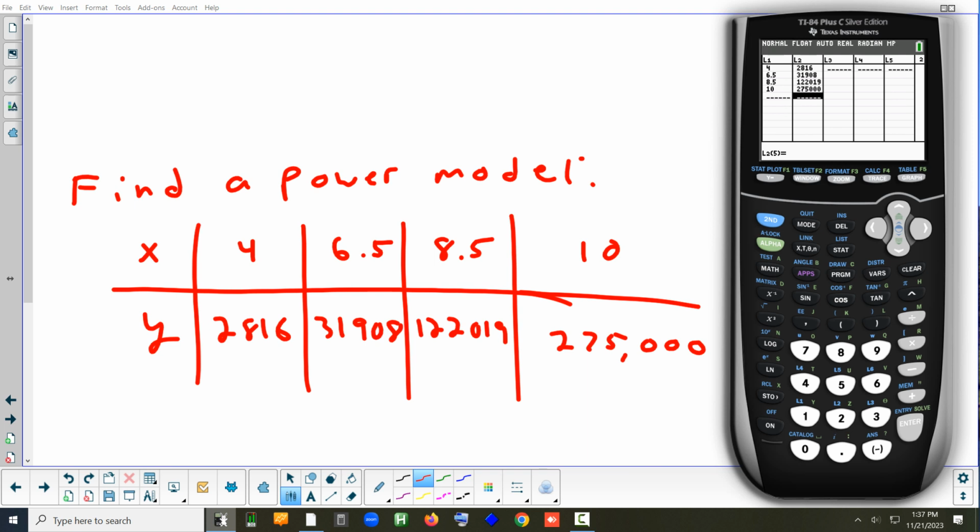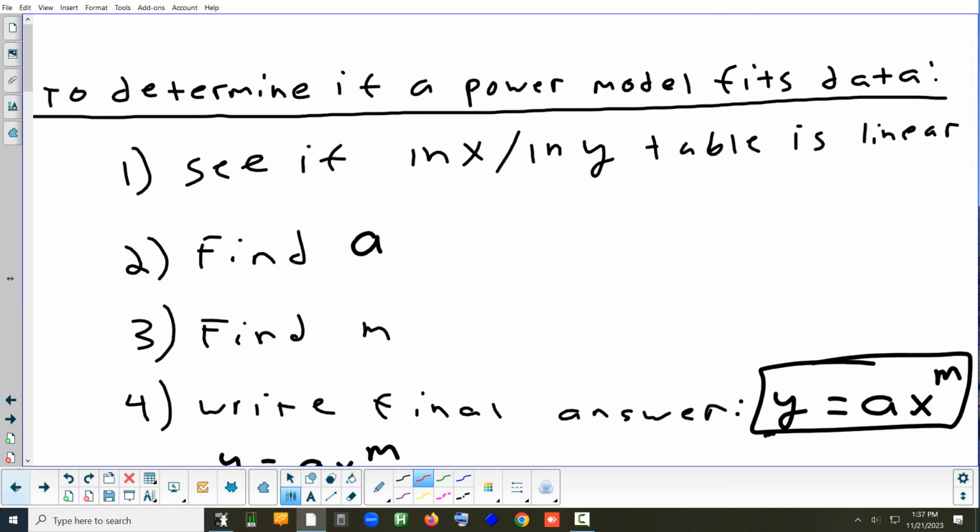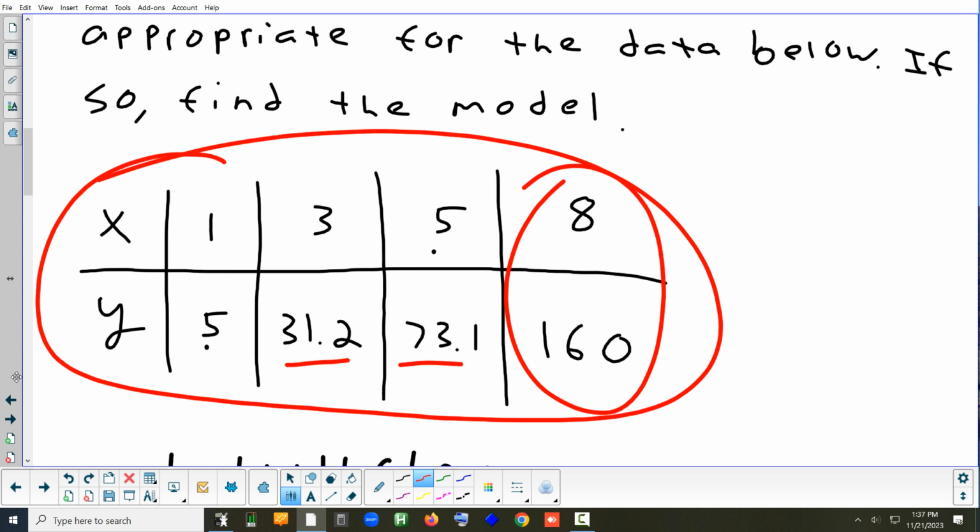which is to do what? Stat and then calc and then go down to A. Yep, stat, calc, and then go to option A. Now, on some calculators, when you press option A, this is going to pop up on the screen